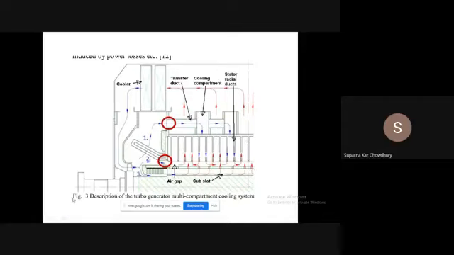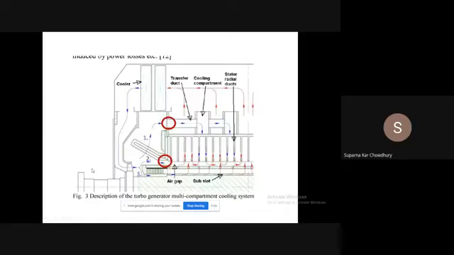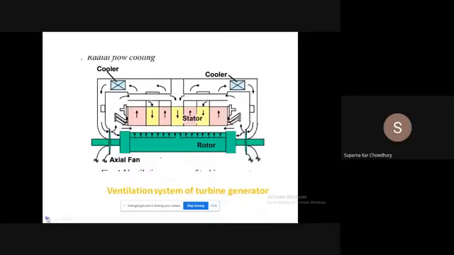Now there can be a circumferential ventilation system, though I do not have that figure. Basically, there will be a hole in the circumference, that is the frame, through which the cooling air is let in, and there will be a hole at the diametrically opposite point through which the hot air goes out. But some air should be let into the air gap also to cool the rotor.